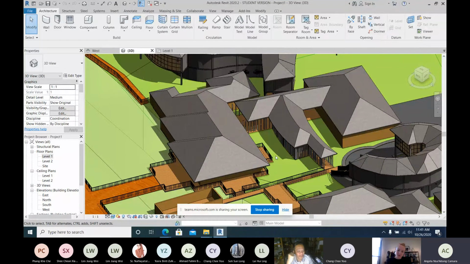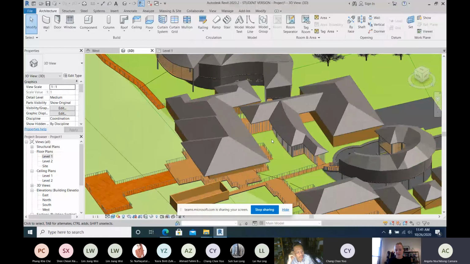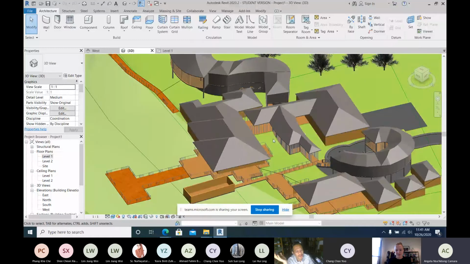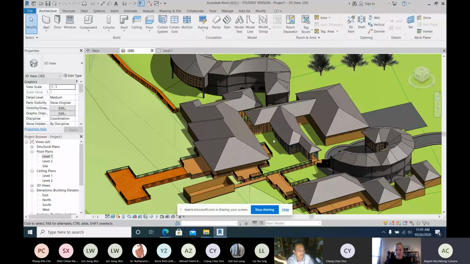In a way maybe the roof should be, as I mentioned to the last guy, larger because it looks so stunted. The proportion of the wall and the roof maybe can be improved, and then the outlook of the whole project can be improved, and of course not simplifying, but just managing the dimension and geometry, because right now you can see the roof is going all over the place.